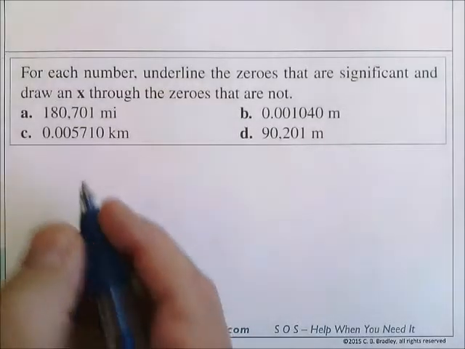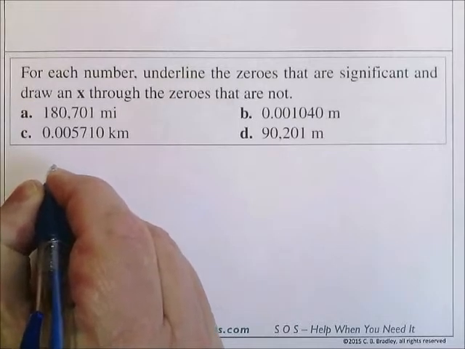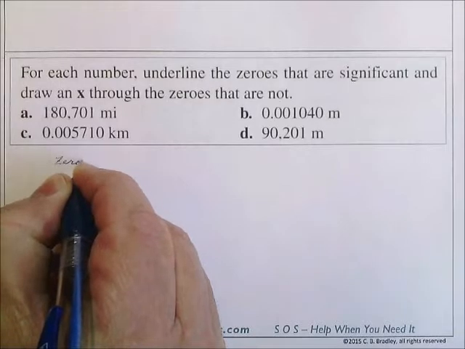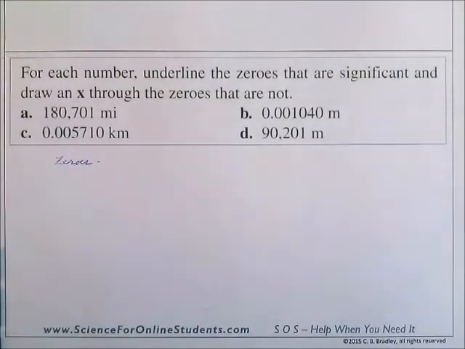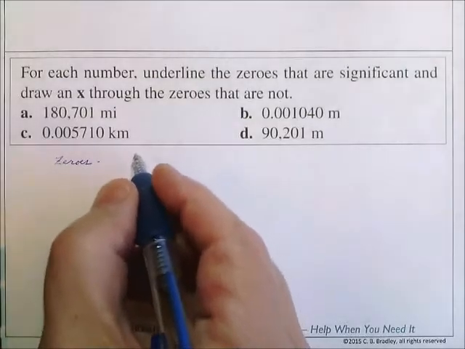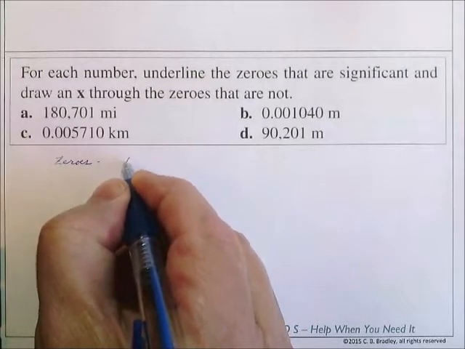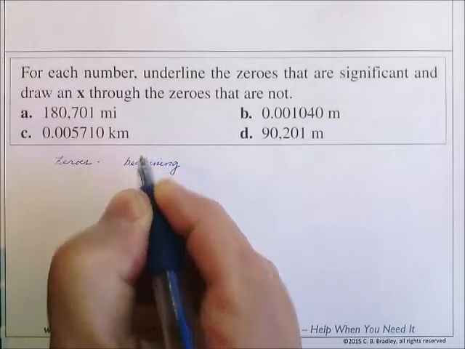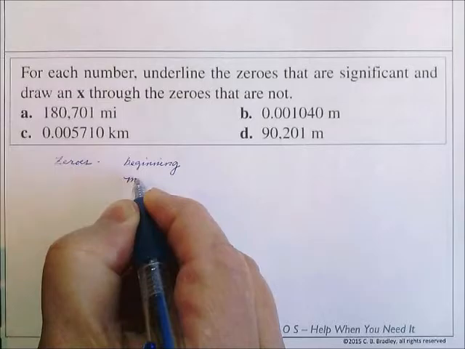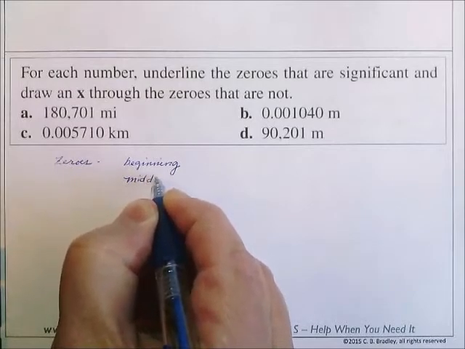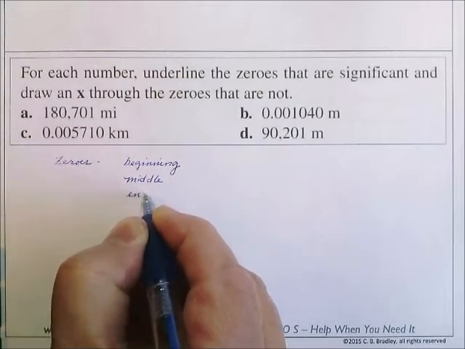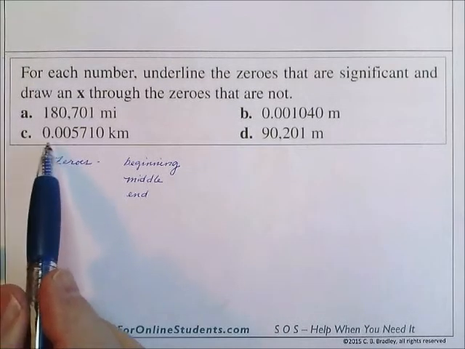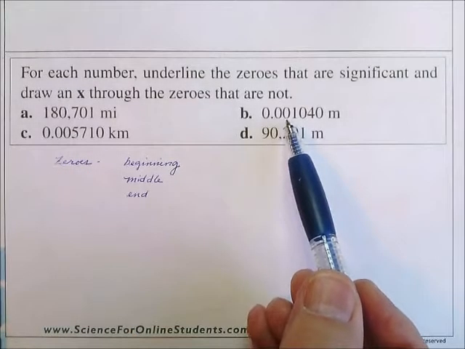So let's do a quick review of zeros. We have basically three different kinds: beginning, or leading zeros, middle zeros or interior zeros, and end zeros. Beginning zeros, at the beginning of a number, are